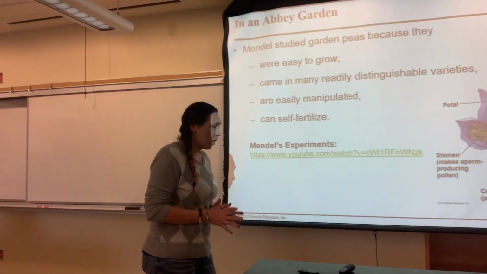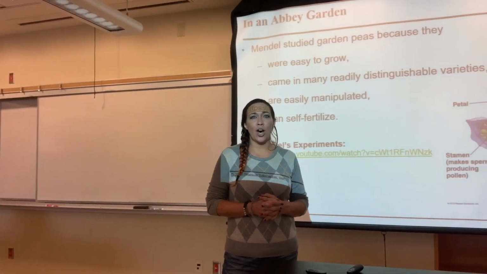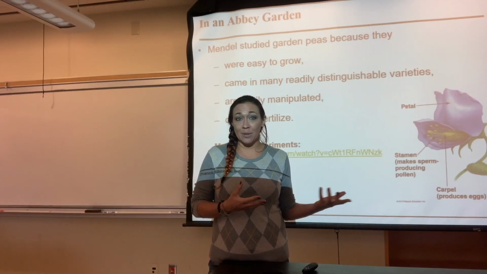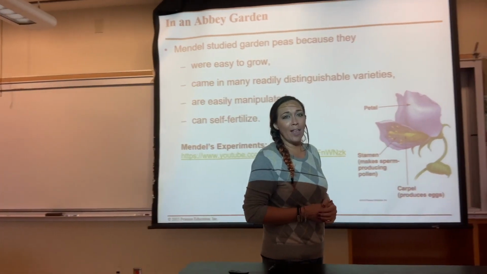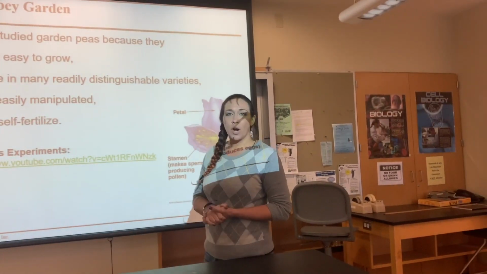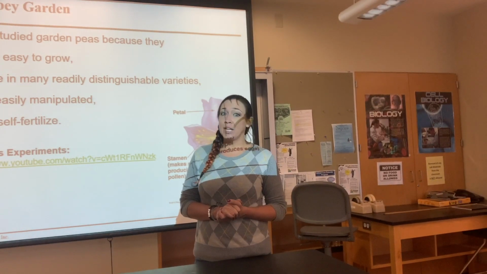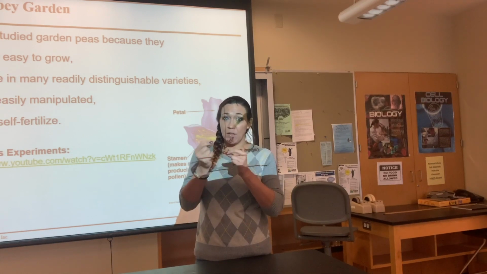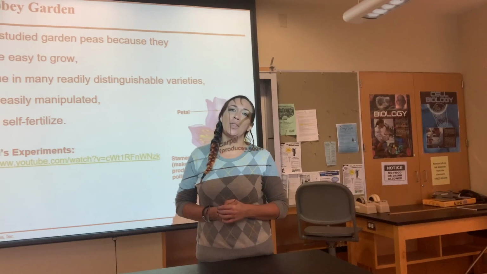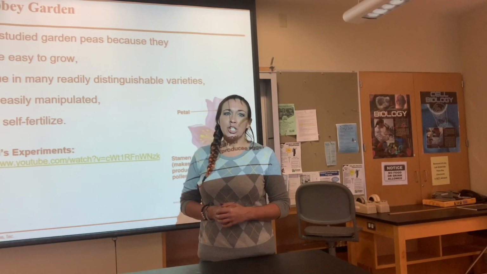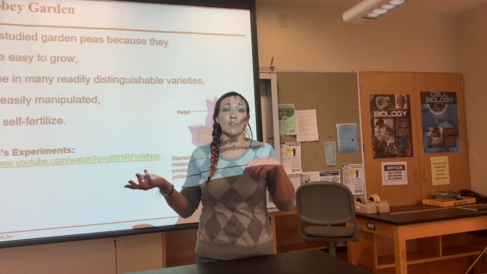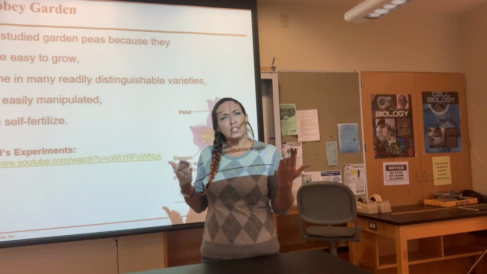Mendel did a lot of work on what are called pea plants. Pea plants are essentially just that, plants that make little pea pods. They're really easy to work with because they are plants. They're really quick to grow. They're easy to manipulate, meaning you can actually get in there and splice a couple of plants together. We've been doing that for a while now. And they do come in a variety of different traits. You can have yellow peas, you can have green peas, you can have round seeds, you can have bumpy seeds. You can have all these different traits.